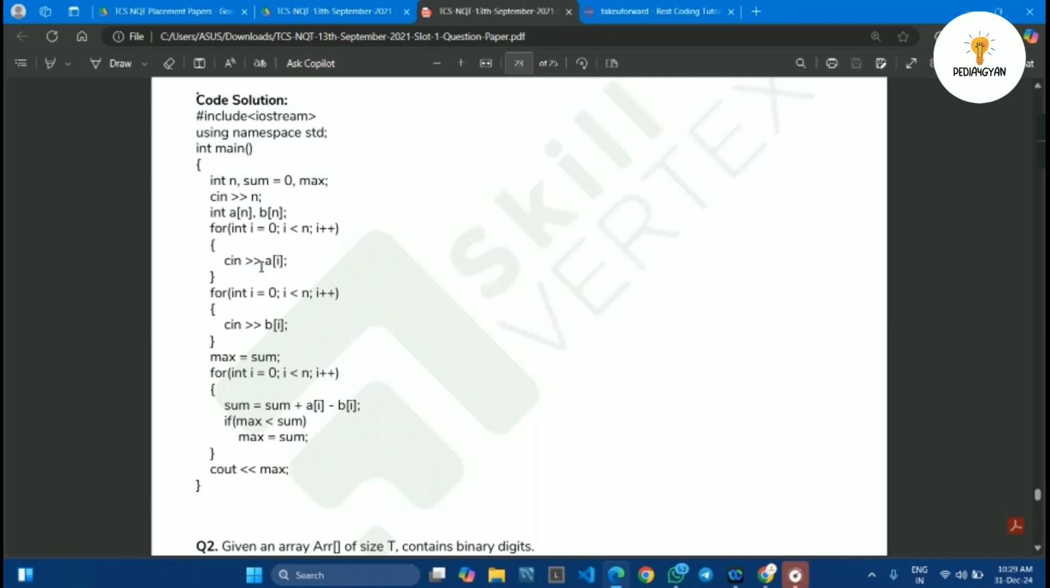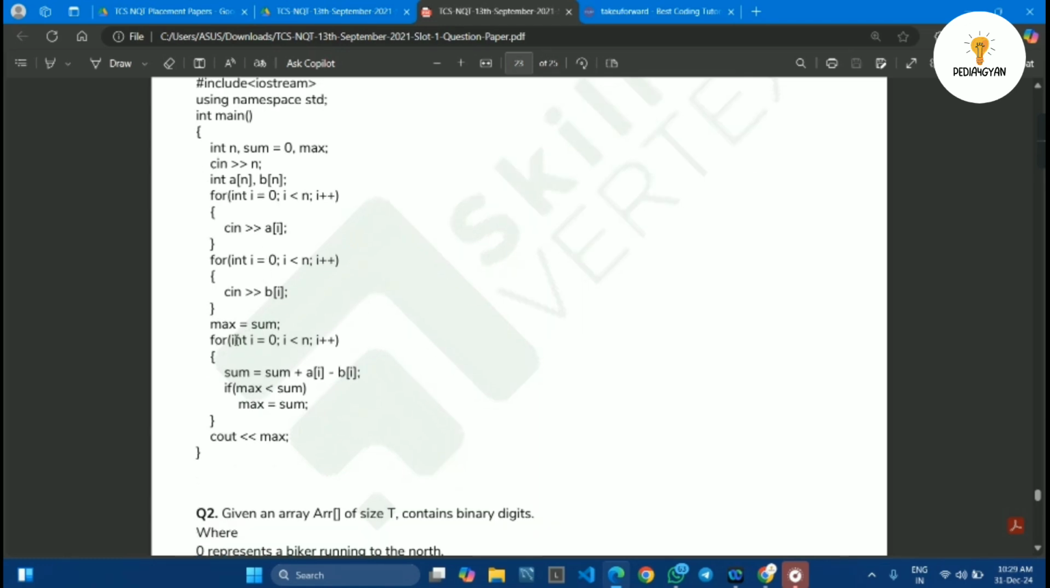First take the loop for the input a of i, the array, then b of i for the second array, and you assign max equal to sum. So you are taking a third for loop. What you are doing here is getting a sum of guests entering and guests leaving. Those who are entering, take a sum; those who are leaving, take a minus of it. After that, take the maximum of this. If max is less than sum, we have to assign max equal to sum,